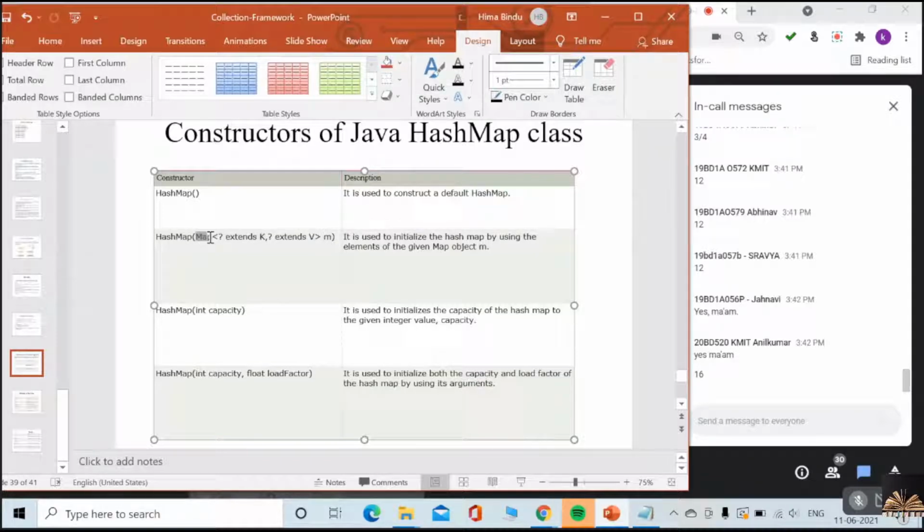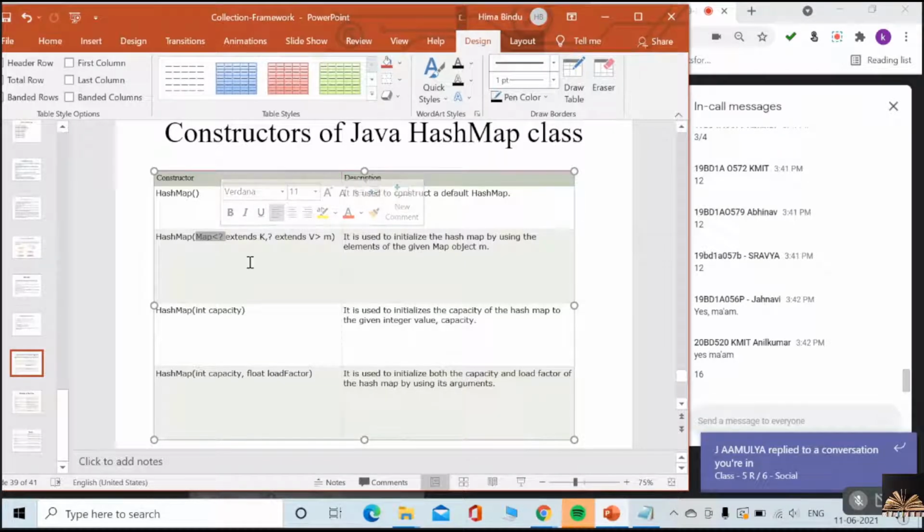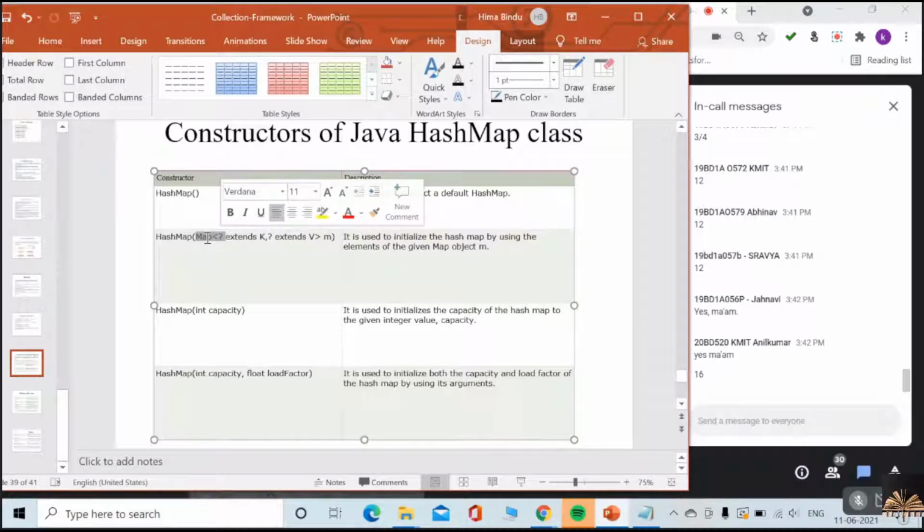If I pass one more map as a parameter, what does it mean? It has to initialize the hash map by using the elements of the given map object. Okay, understood?